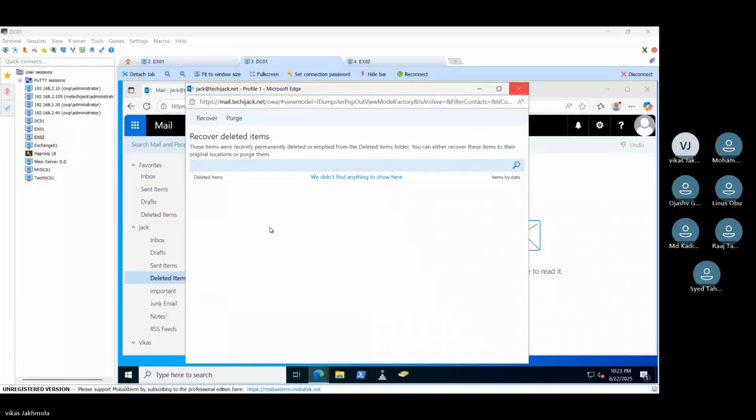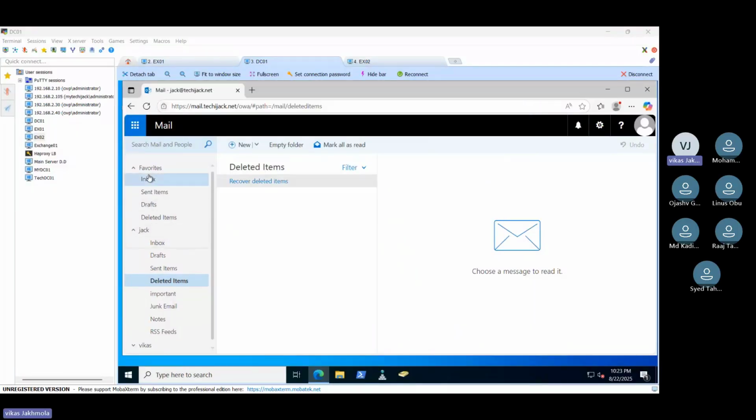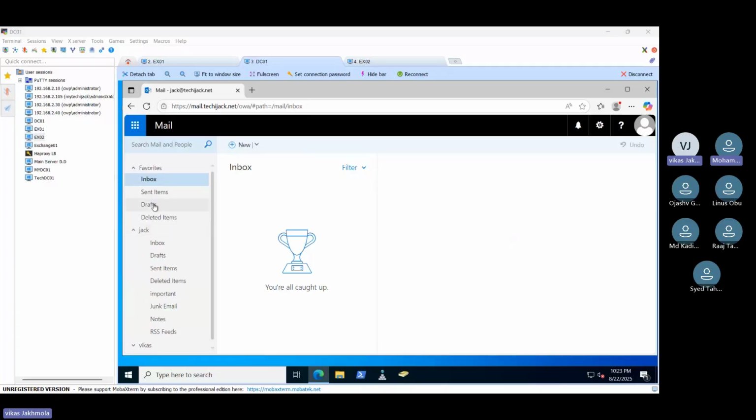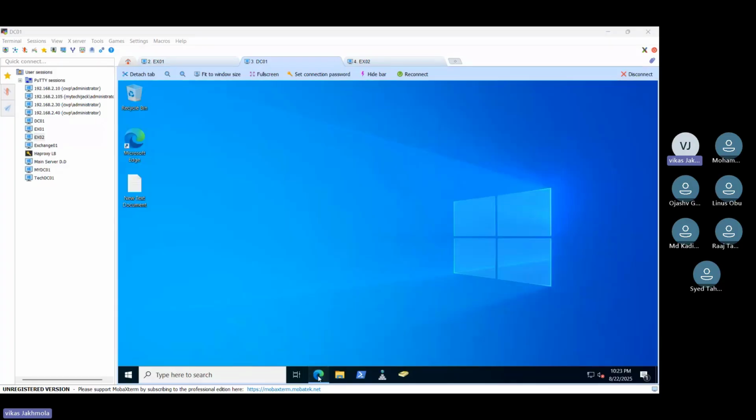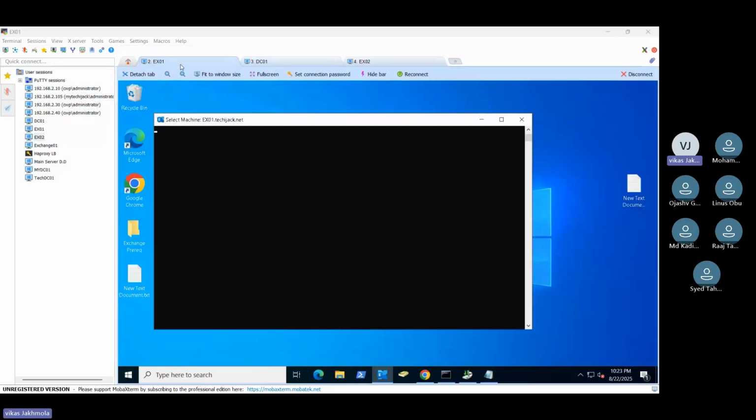It's cleaned. You see, it's gone. Everything is gone. And the same way, what we did there, now what we have to do the same way: we have to restore our